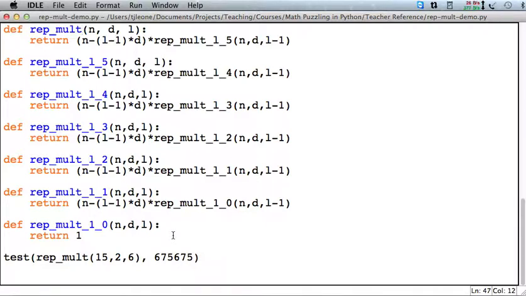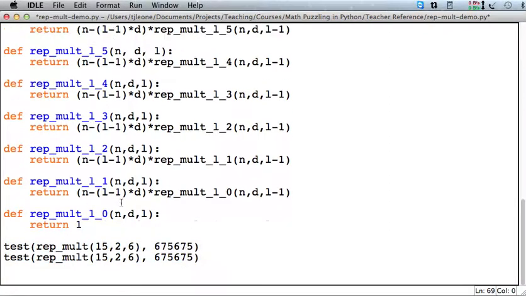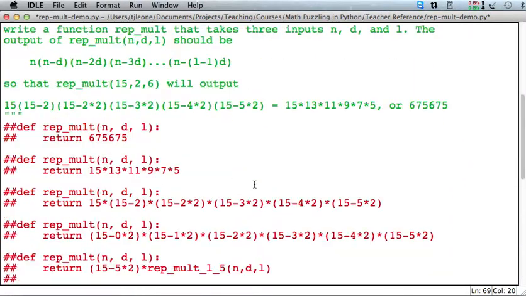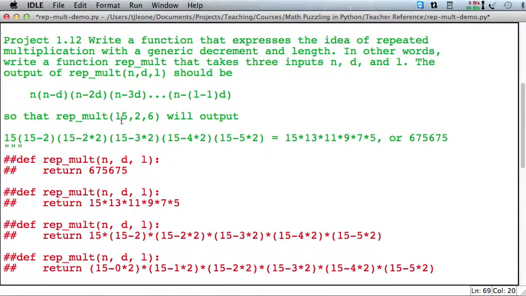So I guess probably for this problem, maybe the best way to think about it is, what if we wanted to test this one? How would we make that happen? Well, the first thing you have to do is figure out what this number is going to be, right? So we know that for that rep mult